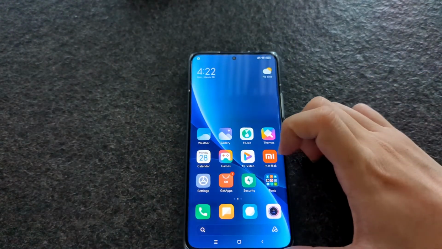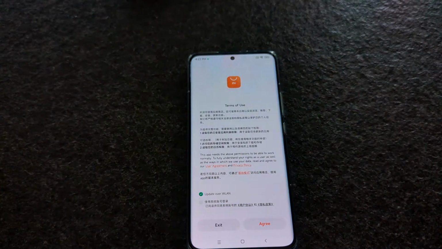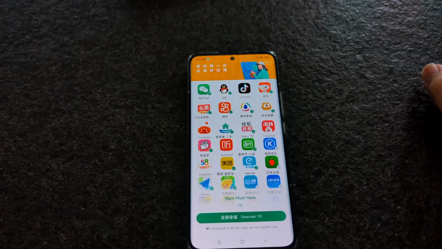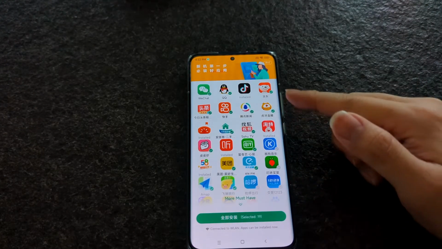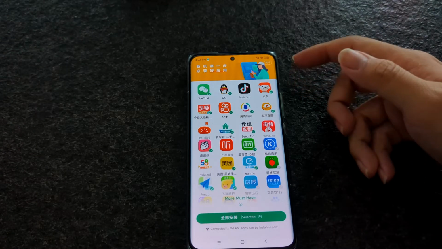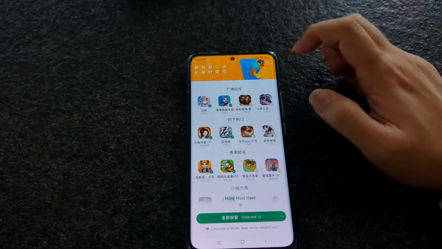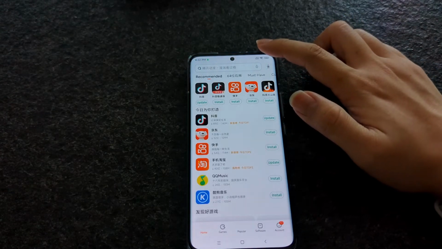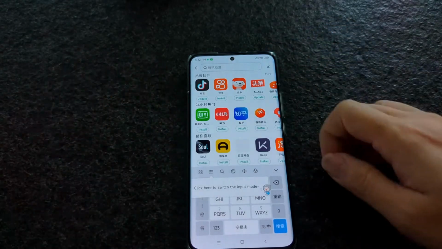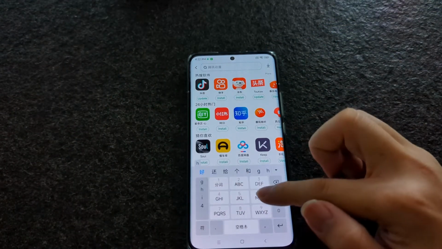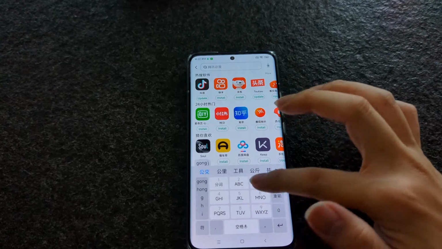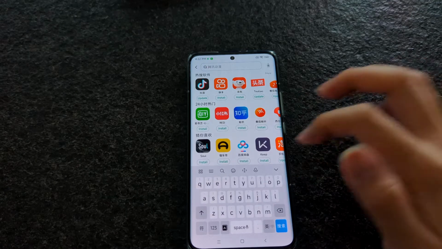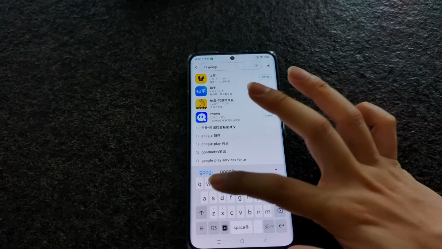So the first thing is go to the cat apps. Agree. Let's skip. Okay, over here we shall type Google. Sorry, let me change to English. Google